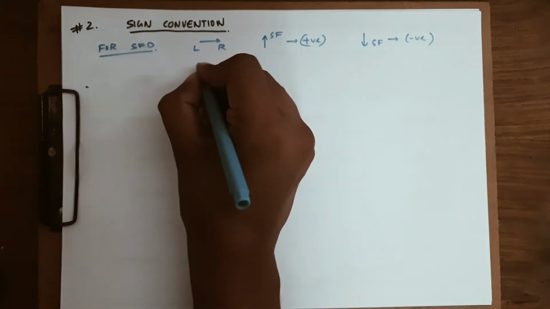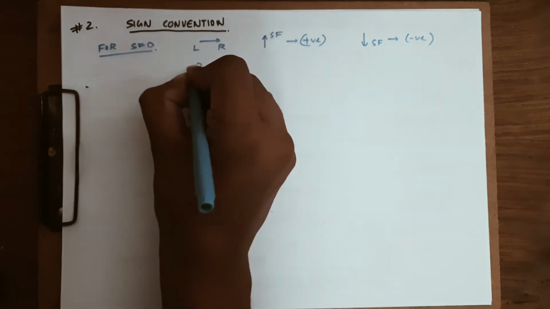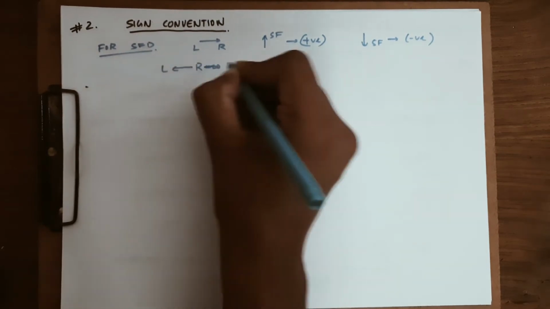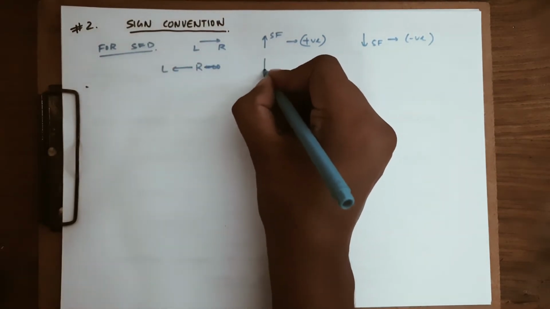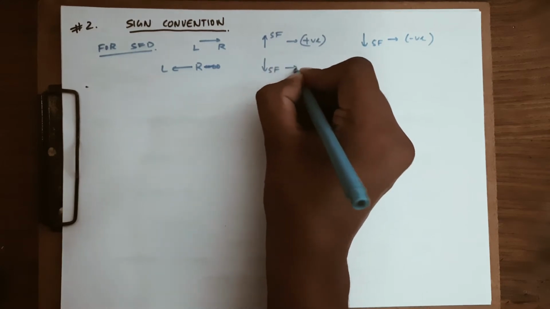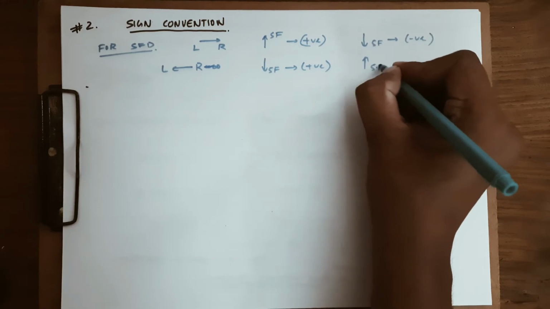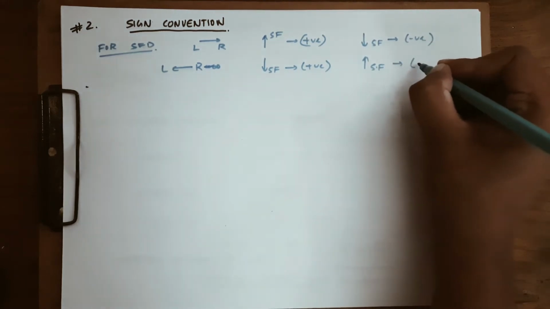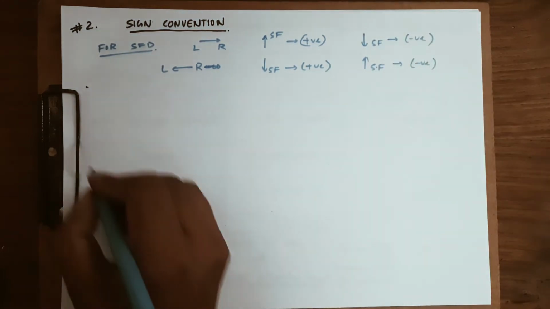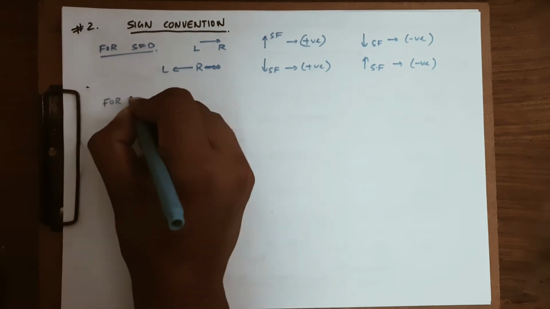And if we are going right to left, so in this case downward shear force is positive and upward shear force is negative. And for BMD,